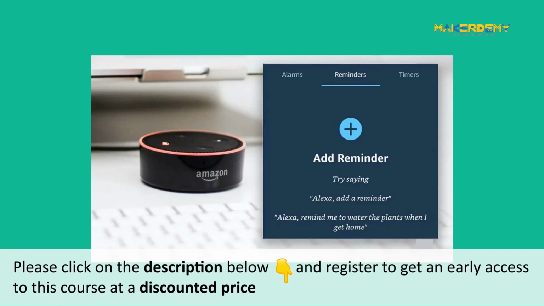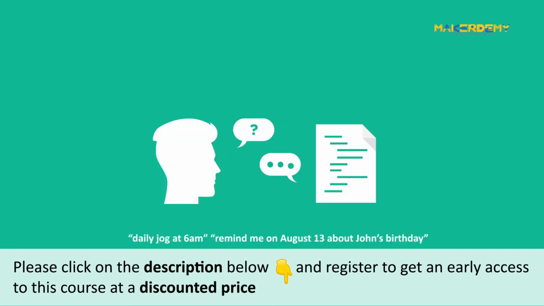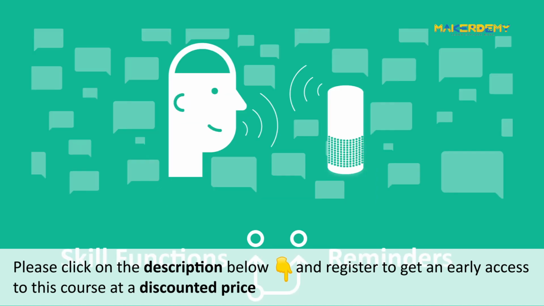The Reminders API allows you to set a reminder in the future with a message that you set Alexa to say at a specific time that you decide. For example, you can use the Reminders API to set a daily reminder to go for a jog at the time you specify or to remind you of something on special occasions. The skills you create using Reminders API don't have to focus on reminders alone exclusively. The reminders are just to enhance the functionality of an otherwise useful skill.